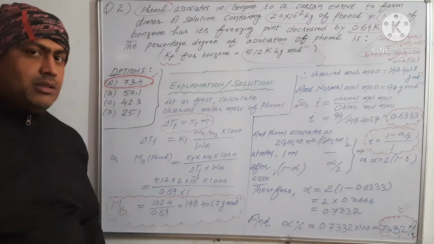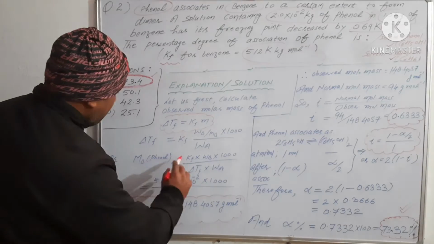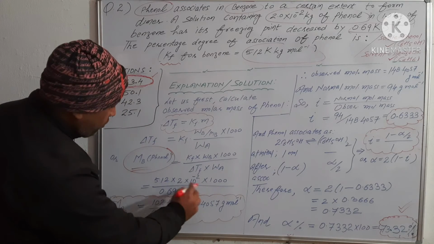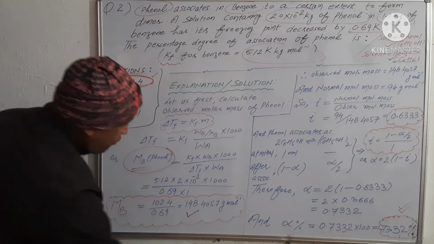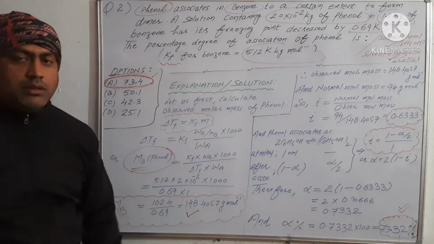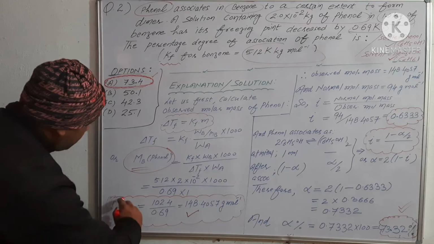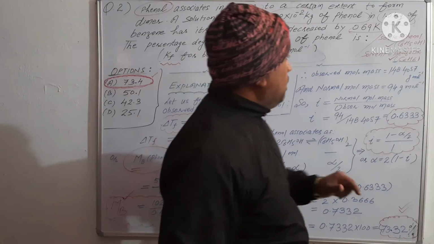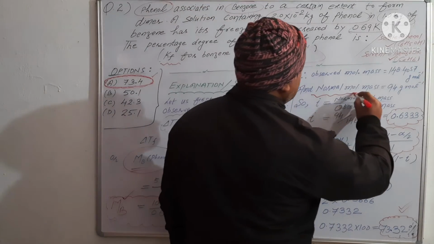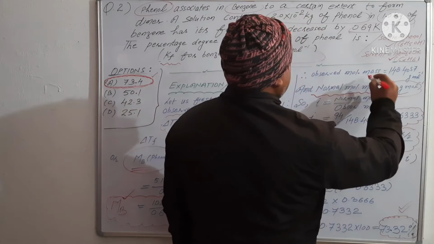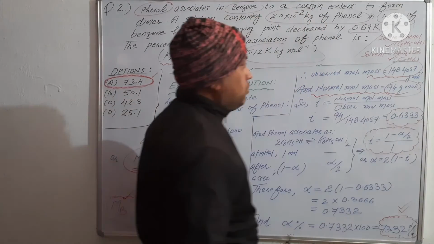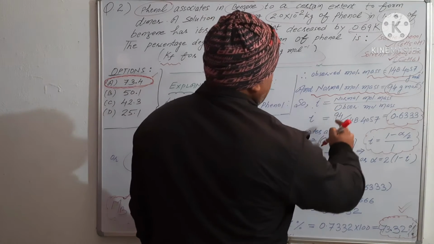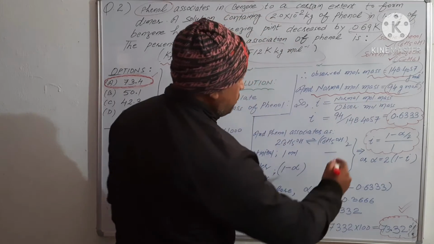With the calculation, using all these values, we found the molecular mass is 148.4057 gram per mole. This is the calculated value. According to the formula of phenol, C6H5OH, the normal molecular mass is 94, and this one is the observed or calculated mass, 148.4057. So according to the van't Hoff factor formula, normal divided by observed molecular mass, we found i is